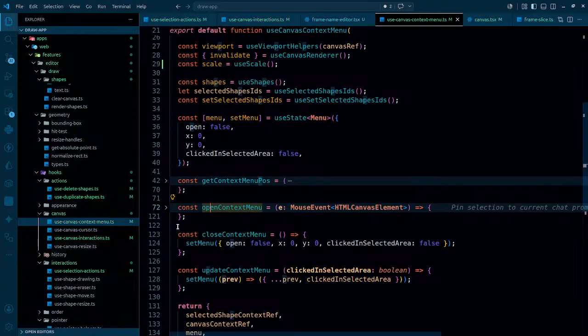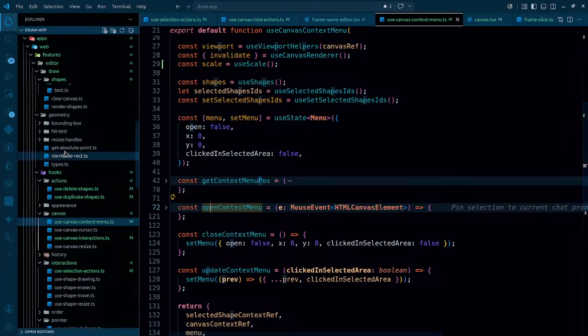So we wanna edit a shape. That simply means when we click on it the second time, it starts getting edited. And when I click outside, clicking outside means